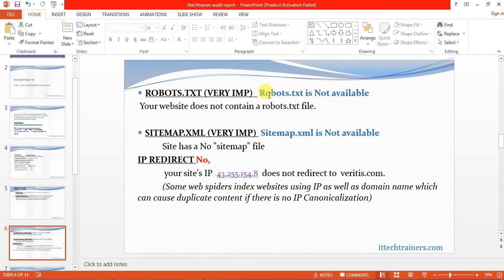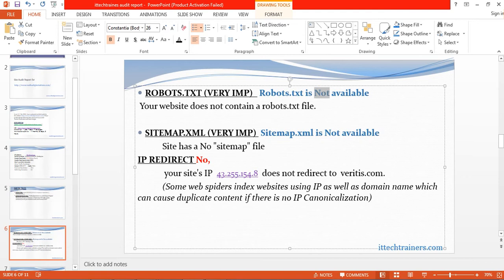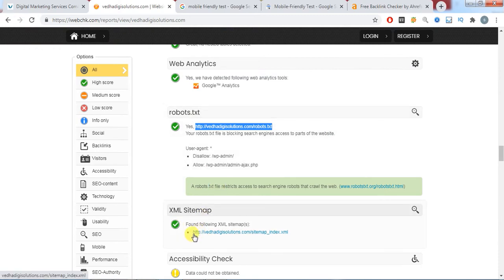If your website does not contain a robot file, you need to mention that. But if the robot.txt file is available, you need to give that particular file name. Okay, and the sitemap is also available, and you need to give the sitemap details also.